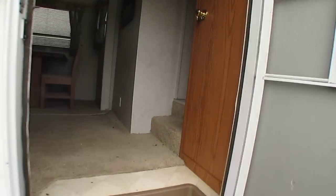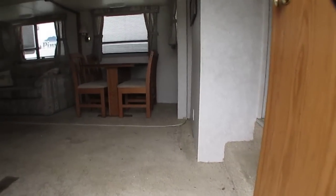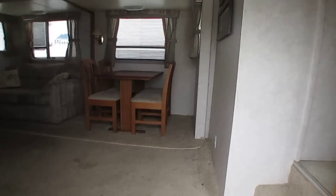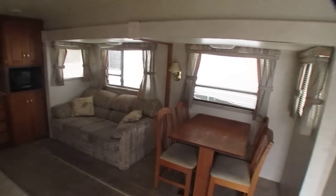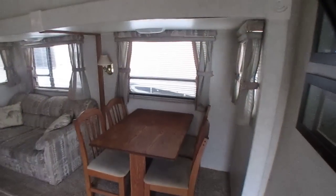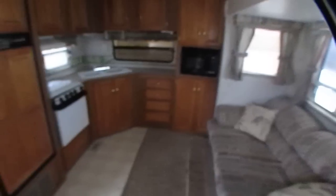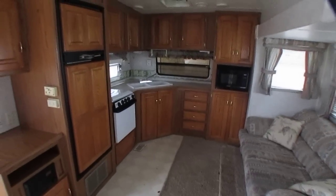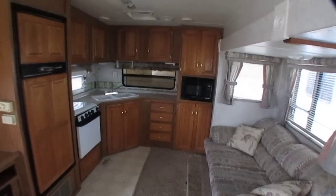Now, folks, again, I apologize. I don't have any power running down here, so I have no lights on. So we'll try to go through it and see if you can get an idea how this thing's laid out. It's a rear kitchen model. Another thing that's cool about it, folks, there's no smoke or pet odors. Now, there's a little bit of mothball odors. Obviously, when you keep something like this up in the mountains, shut up between uses, you want to keep mothballs to keep the critters and bugs out of it. So it does have a little bit of a mothball smell. But other than that,